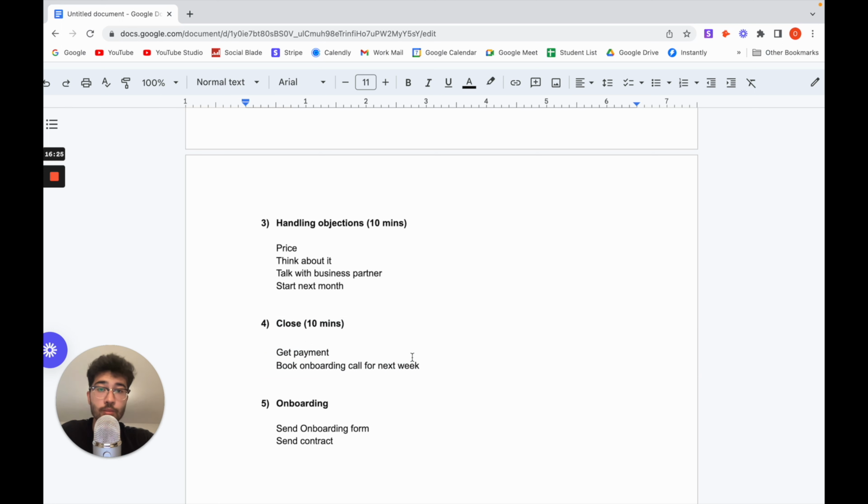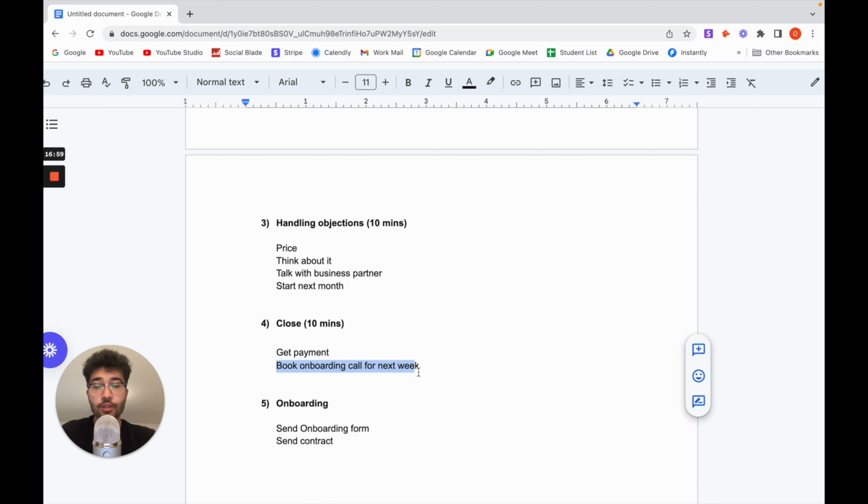When they're onboarded or ready to start, if you have an upfront fee, the best case scenario is to get them to pay on the spot. Otherwise, you can immediately send it after the call and get them to pay. It really depends on the client. Some clients are super sold, like, "Hey, let's do it. I'm really excited. I'm pumped up. What do I pay? What do I do now?" Then you send them the link and they'll do it right away. Other people, you don't want to push too much. You send them the link and you wait for payment.